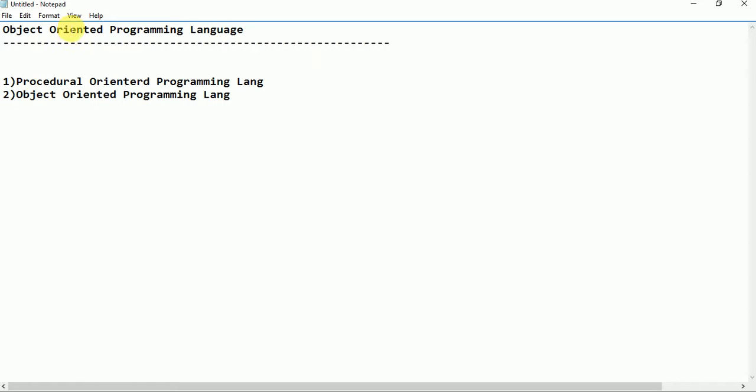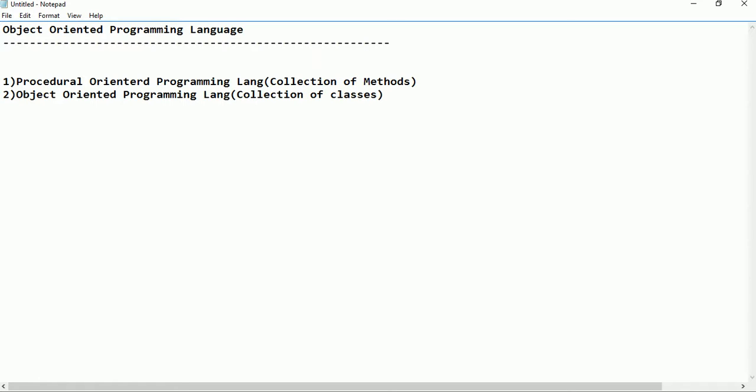What is a procedure-oriented programming language and what is an object-oriented programming language? A procedure-oriented programming language is nothing but a collection of methods, just like the C language. C language is a collection of methods, right? Wherever we want to do some function, we'll write a method. That is nothing but we'll write the function. That is the procedural-oriented programming language. Object-oriented programming language is a collection of classes. You'll get to know the differences about these things further on. You just got this point, right? The procedural-oriented programming language is a collection of methods, whereas the object-oriented programming language is